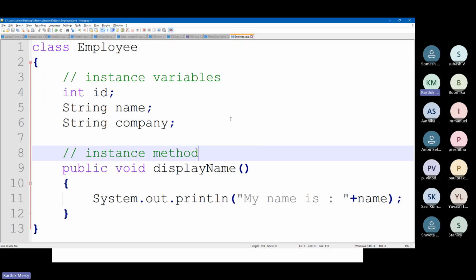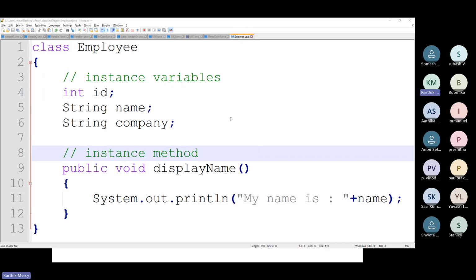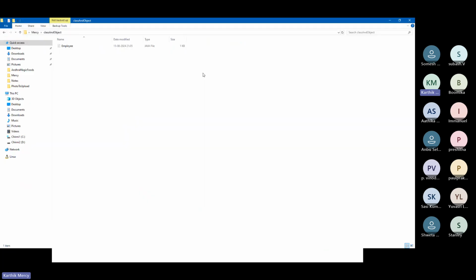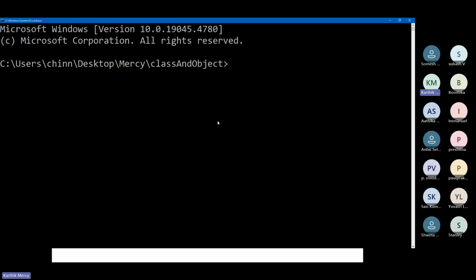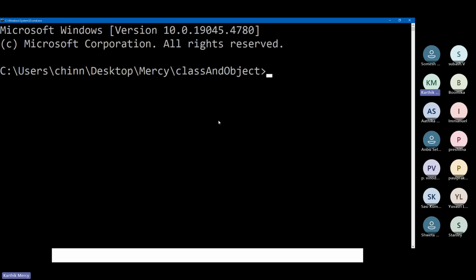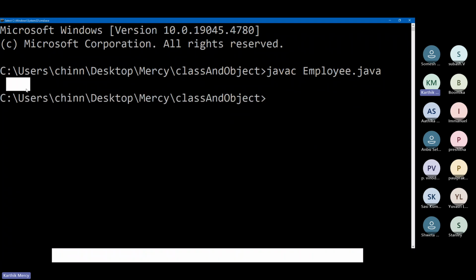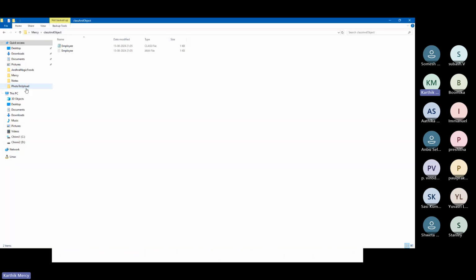Okay, so this is a class, by the way. If I compile, what happens to it? I want to open my command prompt over here, something like this. I'm maximizing this. Okay, I'm giving the best font that I can give. I can say javac, what is the class name? Employee.java. Okay, so here you can see I don't have any compilation problem. So how do I check if I am able to generate a .class file? Yes, I am able to generate a .class file.